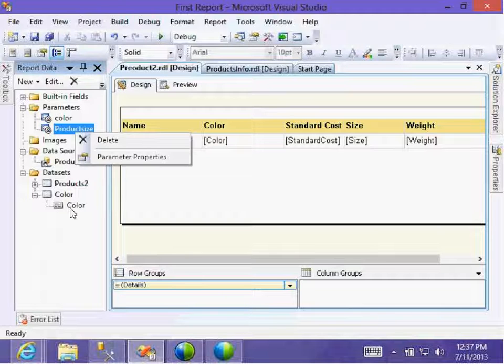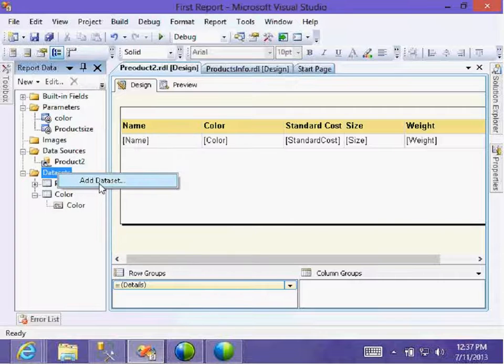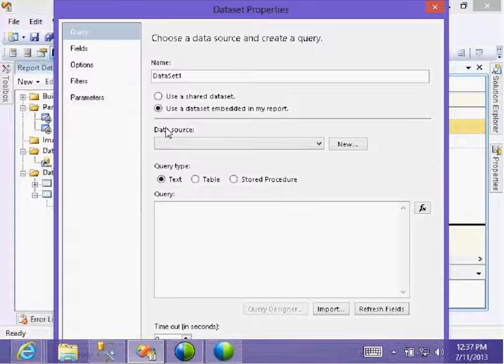Then here for sizes, one more query. Size, same data from here onwards.